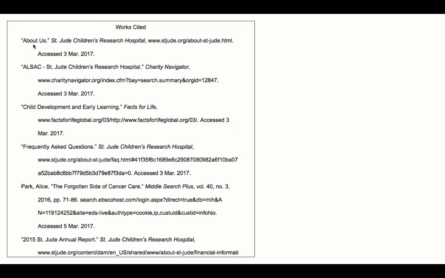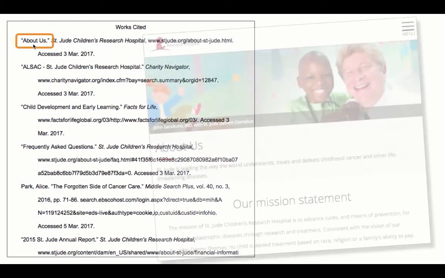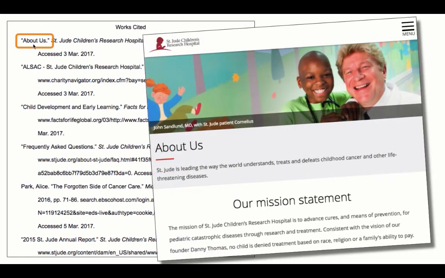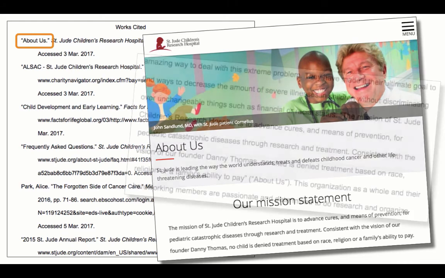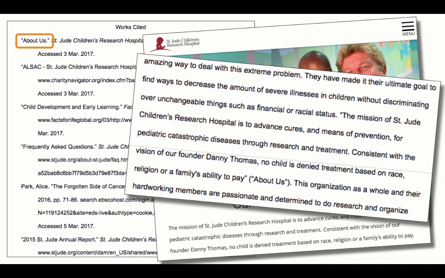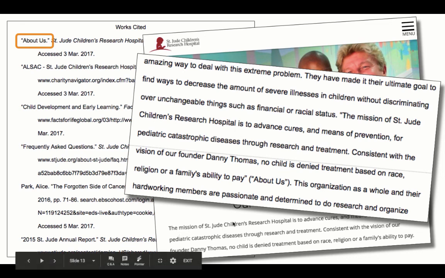All right, so "About Us" came from the St. Jude Research Hospital About Us page. She knew that the title of this page was About Us because it said so toward the top. And so later on, when she wrote her actual paper and she needed to put a quote there, you can even see it says the mission of St. Jude Children's Hospital right here. So she took this quote and she put it into her paper, and she used quotation marks properly,